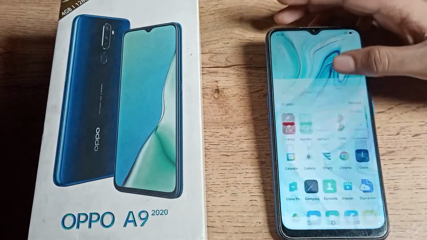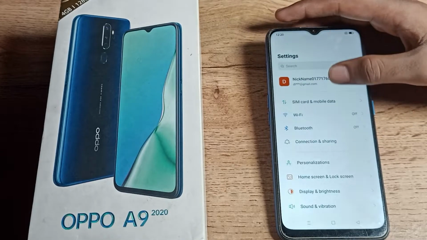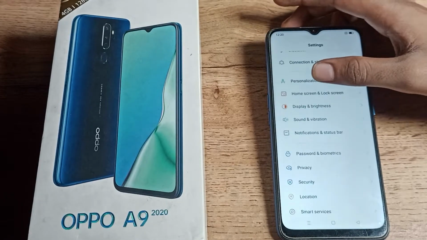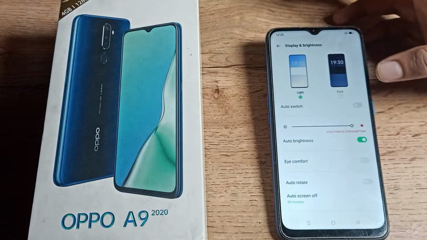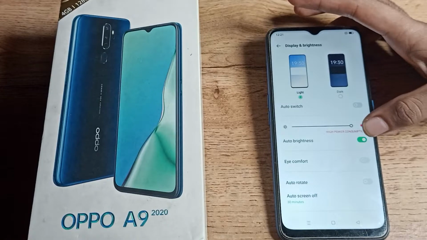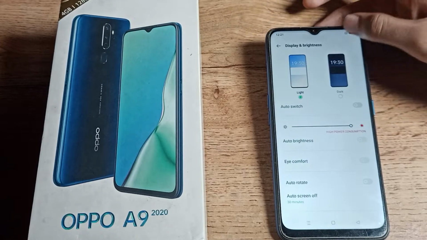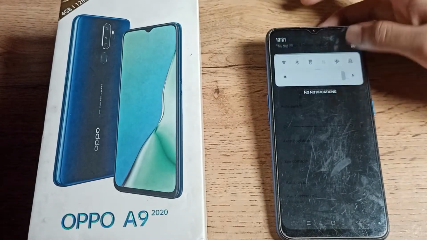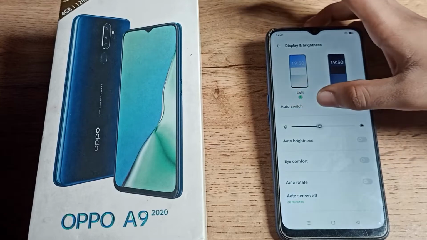First of all, open your phone settings, and you can see this type of settings. Scroll down, and you can see your display and brightness setting. Tap here, and you can see your auto brightness setting. If you want to disable it, you can disable it from the right side. After disabling, you can see your auto brightness is disabled. Then you can use your brightness setting, high power and low power,